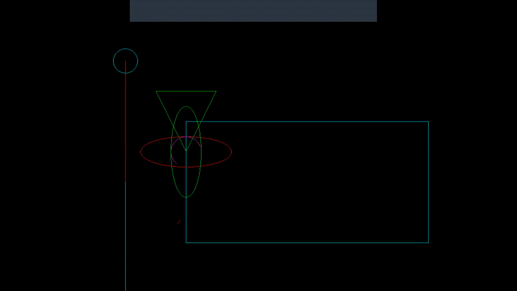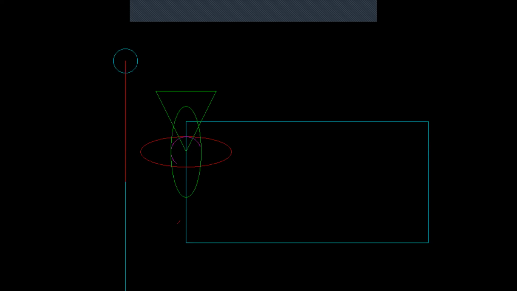So, red ellipse. If you observe, the red ellipse is starting with 0 degree, that is the x-axis, and it is ending on the same x-axis by completing the ellipse, where the x radius is 75, because we have given the x value as 75. So it is stretched more on the x-axis, right?